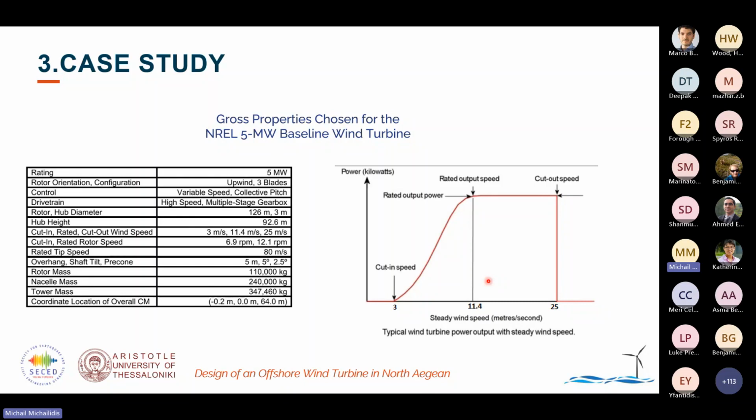You can see on the left hand the technical description. So we have a rating power of 5 megawatts, a rotor diameter of 126 meters. The hub height is leveled at 93 meters above the mean sea level. The cut-in speed is at 3 meters per second, rated speed at 11.4, and cut-out at 25 meters per